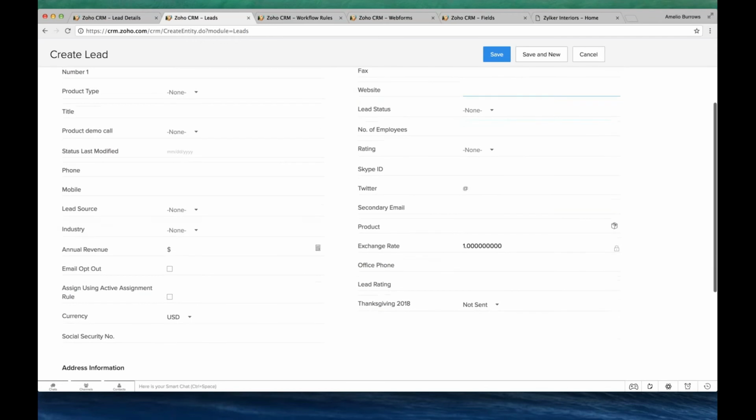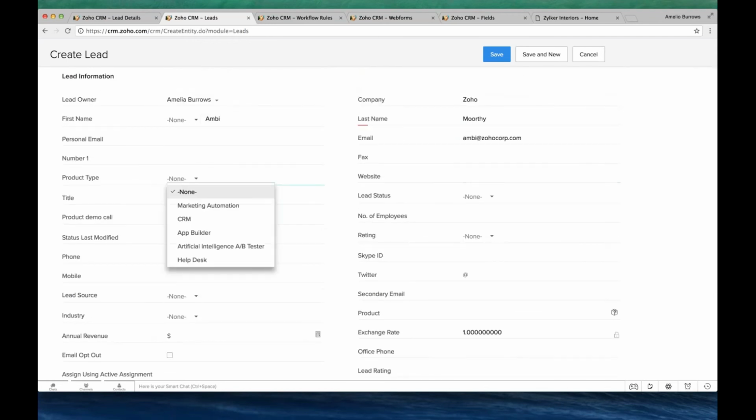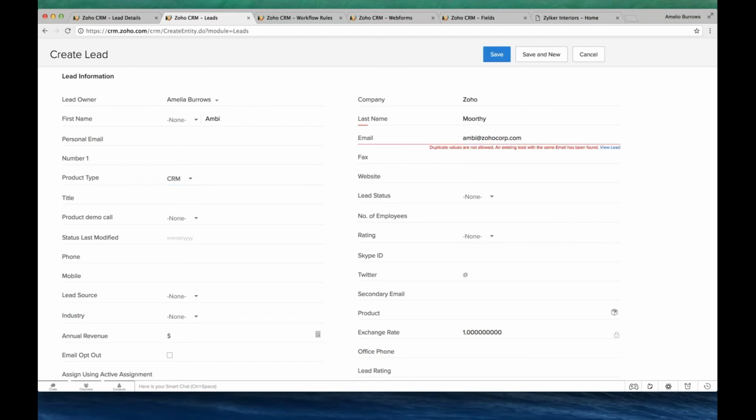So the conditions should be met. For that, I have to choose CRM. So if the CRM is not chosen, anyway, the workflow is not going to get executed.